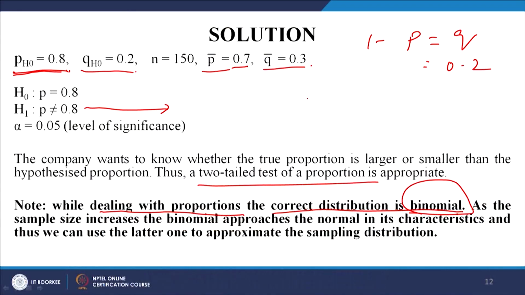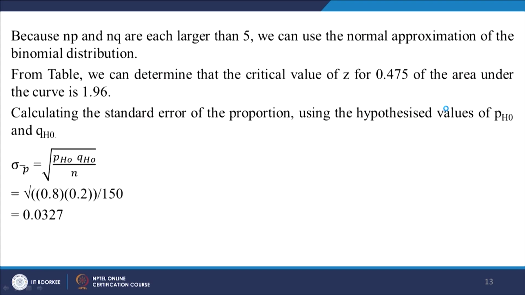For example, the mean in the case of a binomial distribution is given as NP, right. The standard deviation is given as root over NPQ, okay. So, it is changing, and similarly the variance will become the square of this, just NPQ. Another important thing to remember: when NP and NQ are larger than 5, which is taken as the minimum number, we use the normal approximation of the binomial distribution.